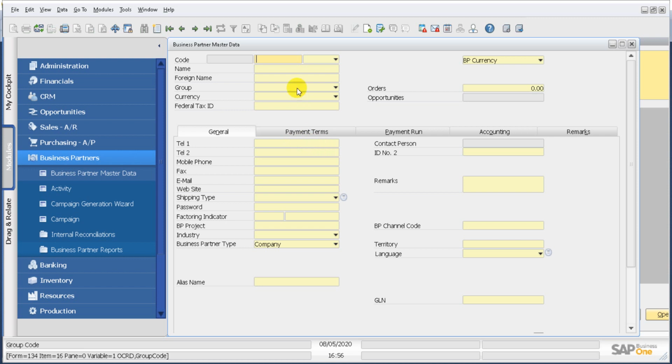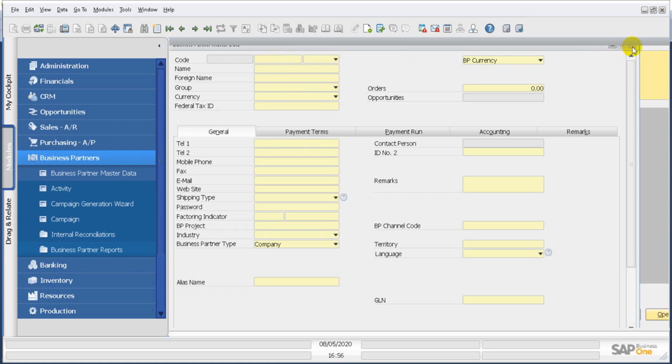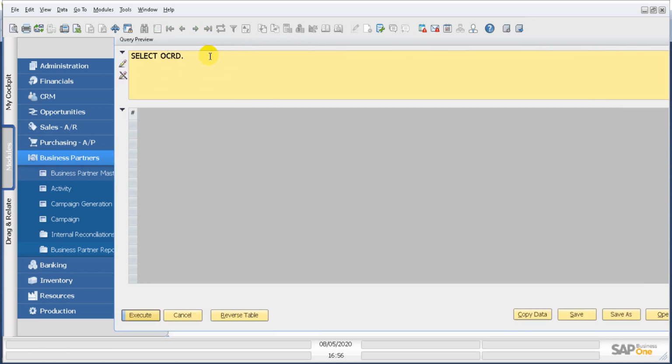So OCRD is the table. OCRD dot, we want the phone number, which is phone one, from OCRD, where OCRD. So this is our condition. The condition is based on card code